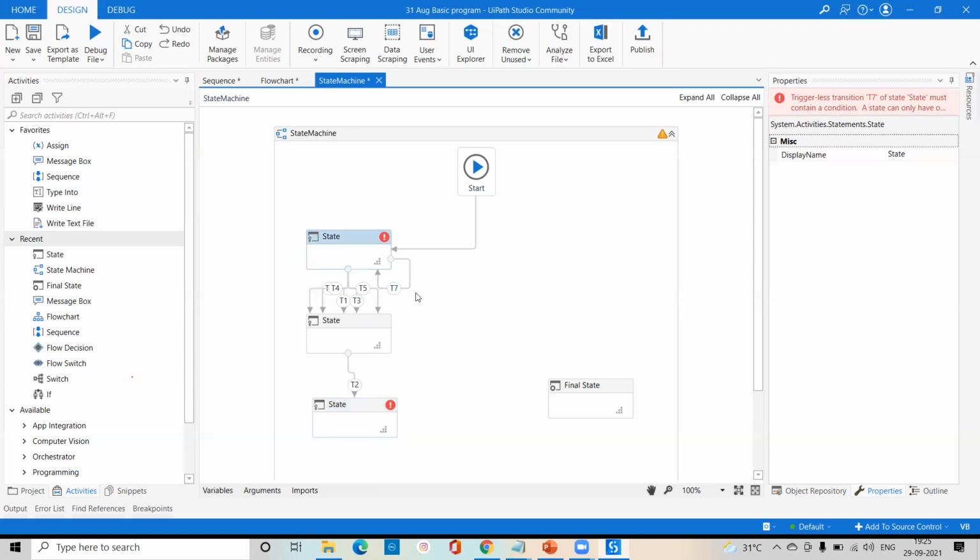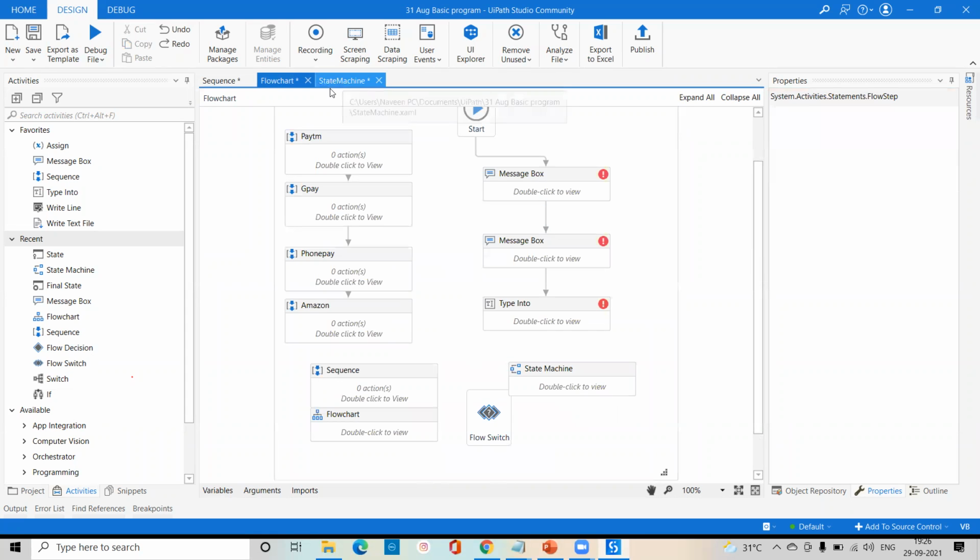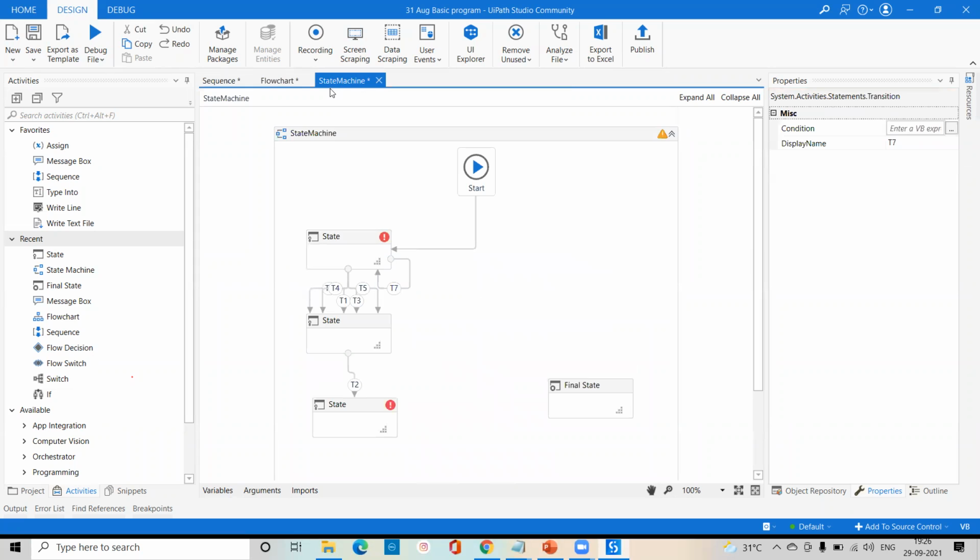If you ask me what this type of transition is for, transition is especially for conditions. Condition means, suppose we have given variables A and B. If I'm getting A equal to B, there are two chances, like your if condition. If I'm getting the correct condition, we'll go for launching the browser. If I'm not getting the correct condition, we'll go for launching the notepad. So here all the conditions we'll provide. You can see here, condition. These things we will not get in the sequence or the flowchart. The same thing we will get in your state. I will show you that part.